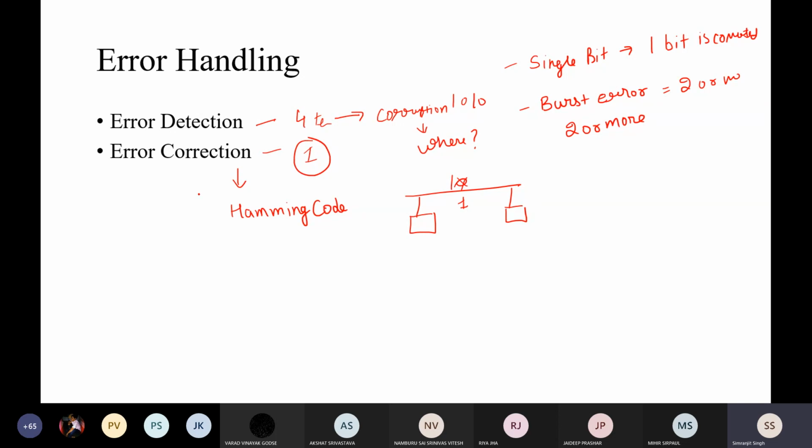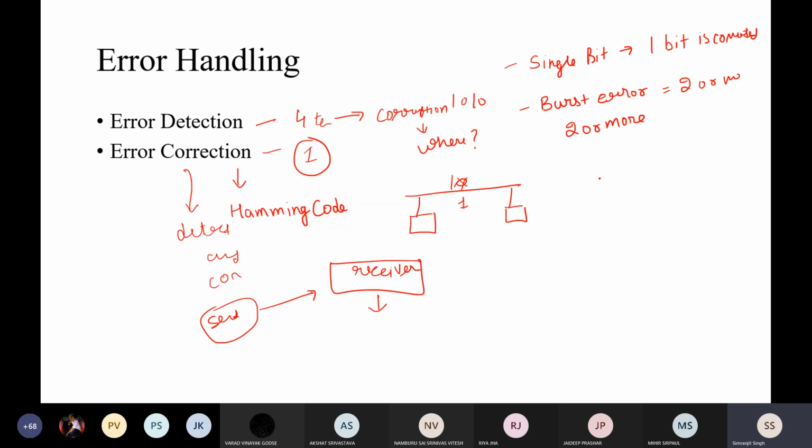Okay, so in the error correction part, I can detect as well as correct the error. In the correction part, the receiver has all the responsibility of correcting the error. Only the receiver is involved in it. When you're sending from sender to receiver and there is some error in the bit, the receiver has the responsibility to figure out the error and correct it. It will not bother the sender to send the bit again.